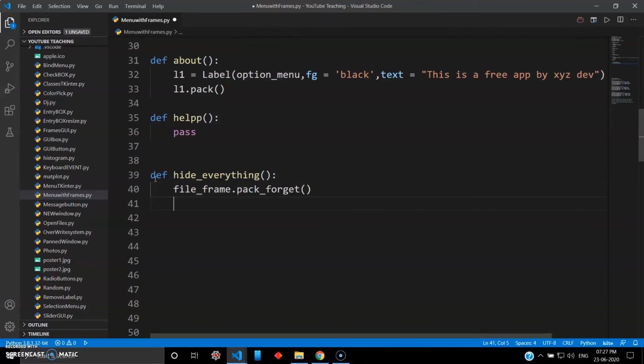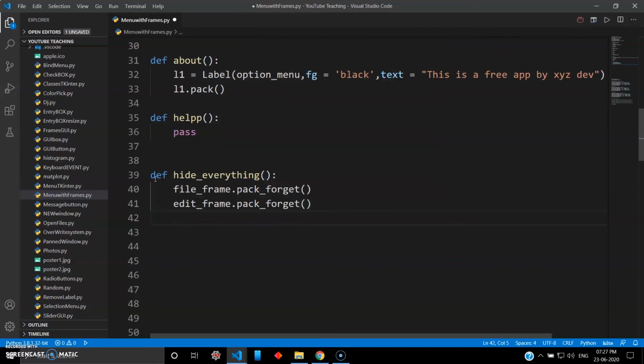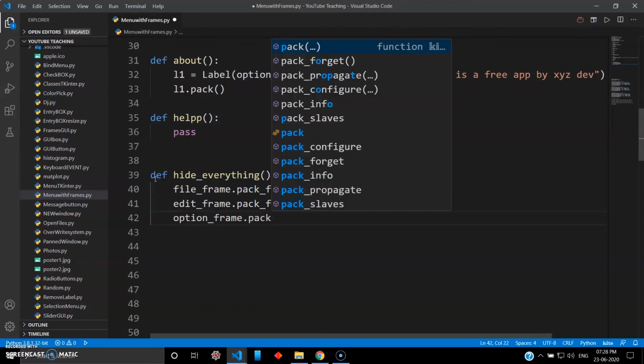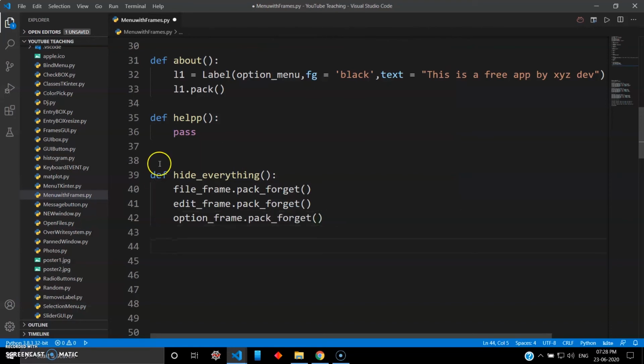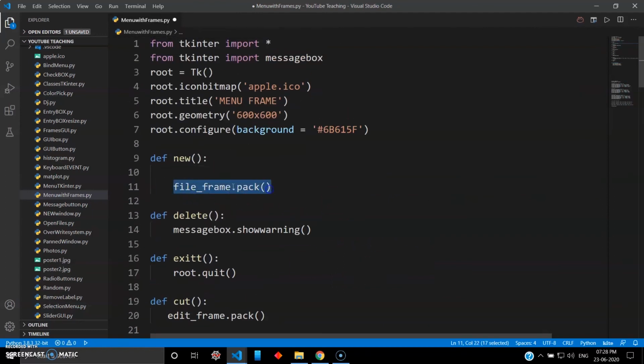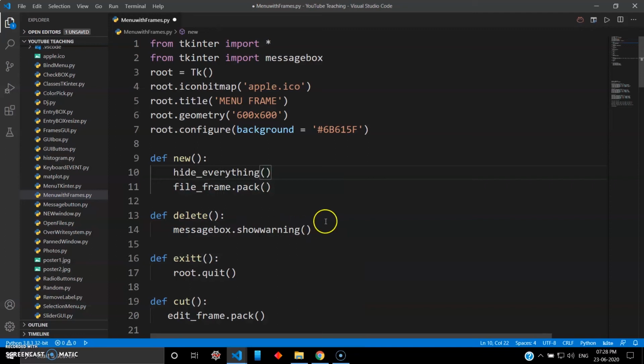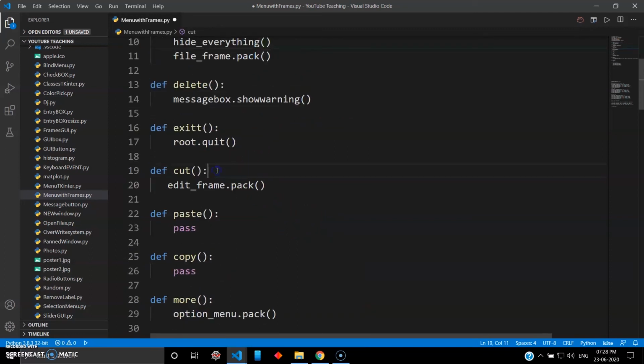and same way edit frame dot pack forget, and option frame dot pack forget. Easy. Now this is the hide everything function. Now whenever you have the pack function like this, before that you can simply pass the hide everything. So hide everything, it will clear it for you,